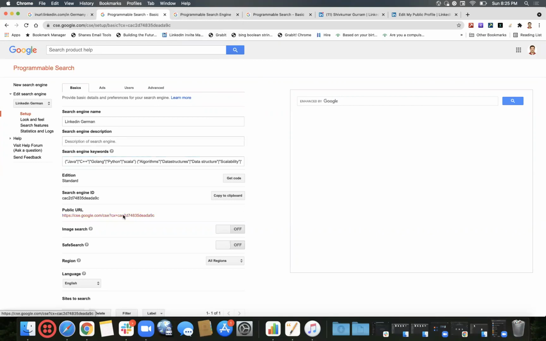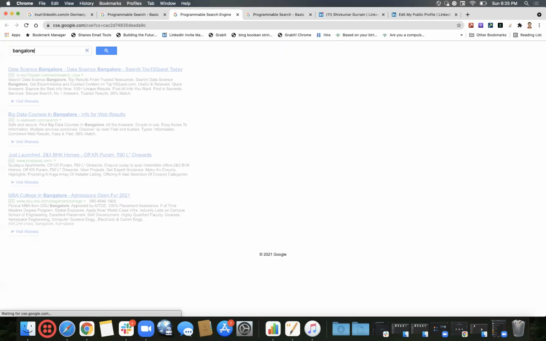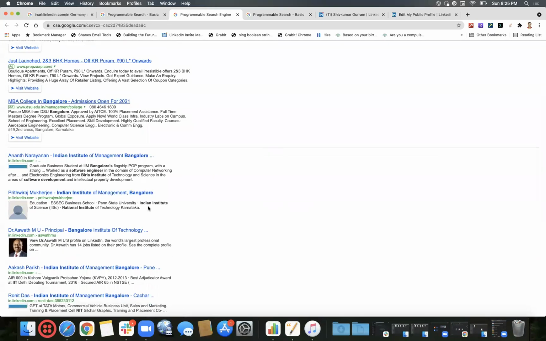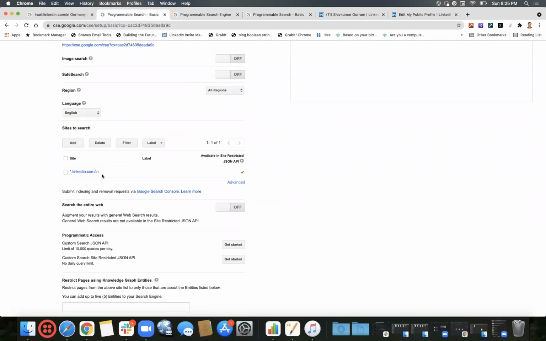And similarly, when we come here, again, we just give only Bangalore. Okay, we started getting all individual profiles. The reason is because we only targeted one URL pattern, that is linkedin.com/in. Similarly, there were old URL patterns for Germany different, for Singapore different. We can also use them in case you want to search profiles from those particular countries, but it will only search from the old database. It would not search from the new database.